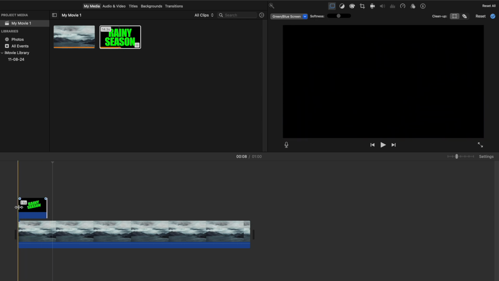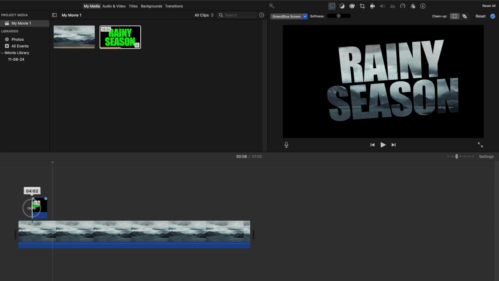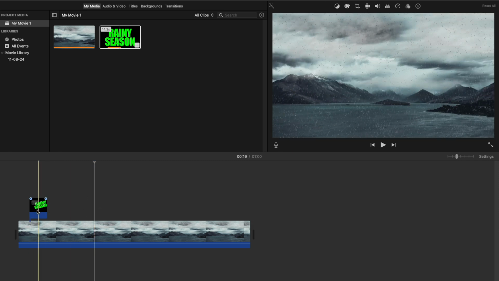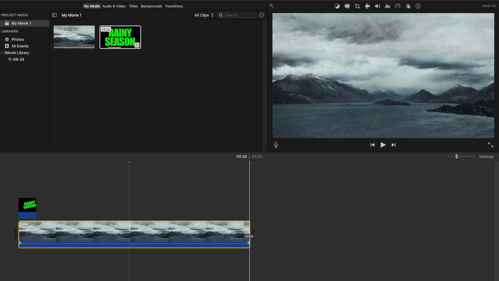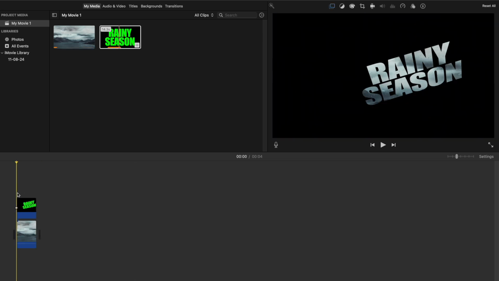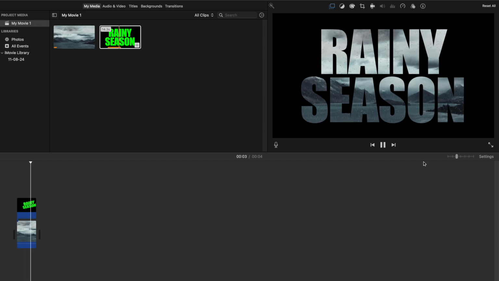Also from the starting, to reduce the time, you can trim it. When you trim, you can also trim your video to have it in the same length. So now as you can see the video,